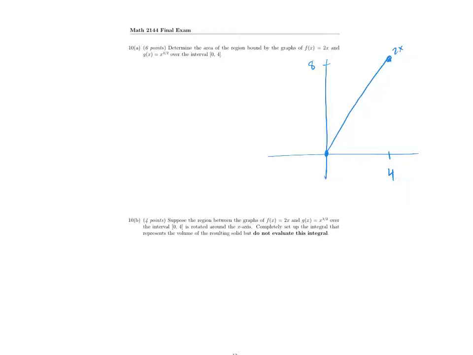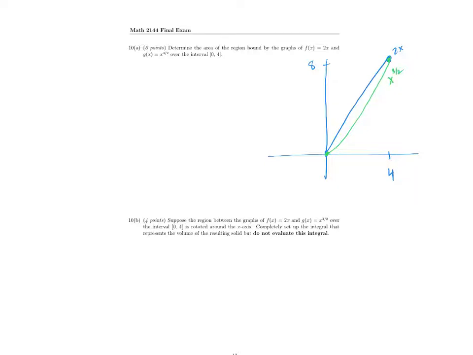So it looks kind of parabola-like. So it'll be here to here, and it kind of goes like this. Okay, and so we have a graph that looks like that,